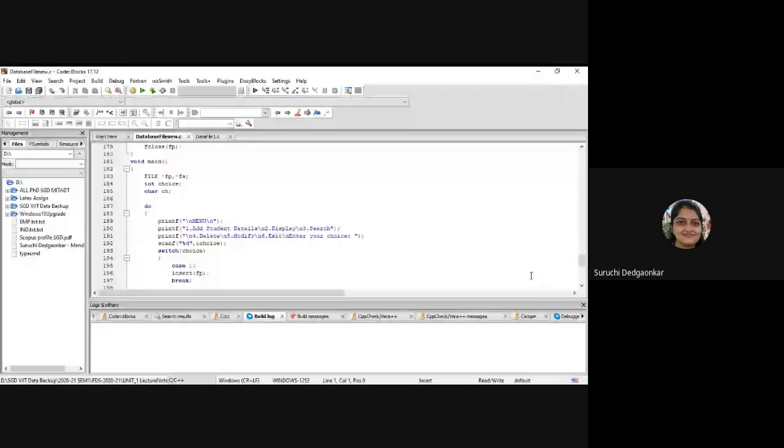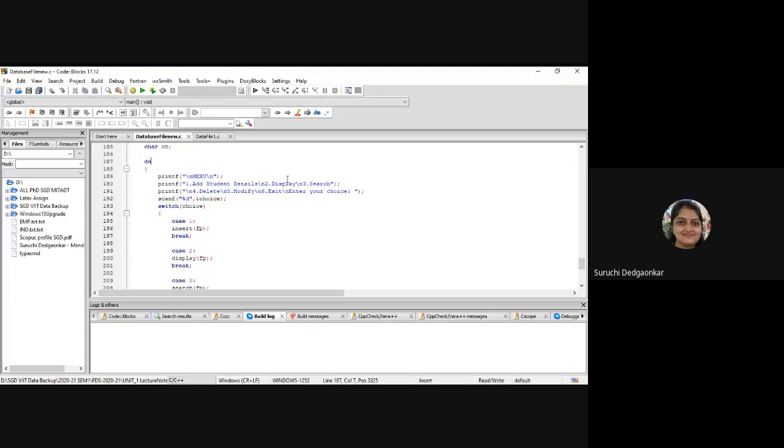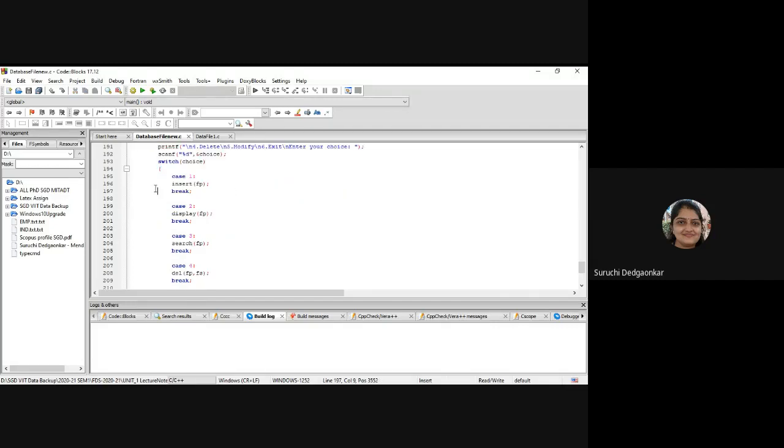So first of all, we should be able to create the database. See, this is the main function where a file pointer is declared. FILE is in capital, the pointer is declared, and this is the menu which is similar to the previous assignment, and we are just calling insert and passing that file pointer, nothing else.